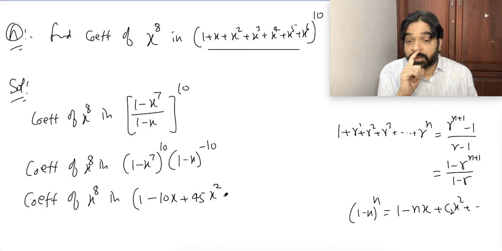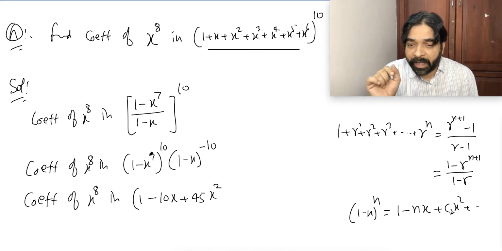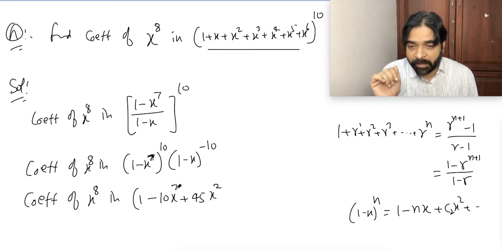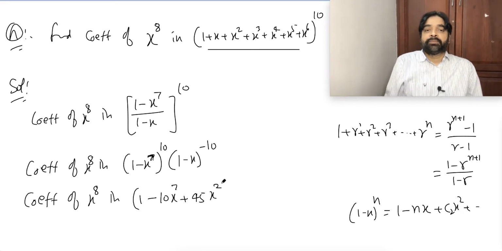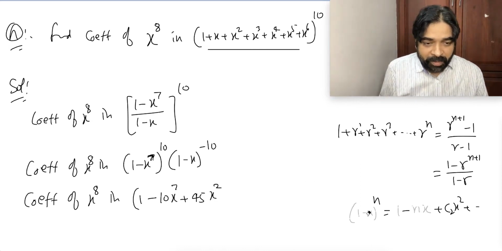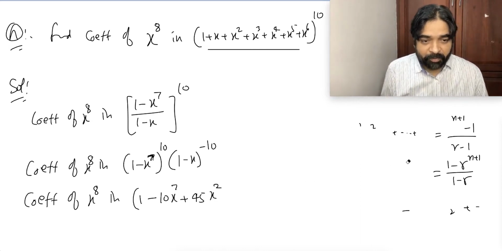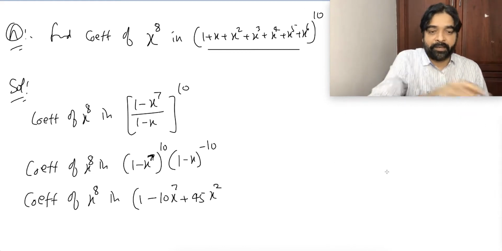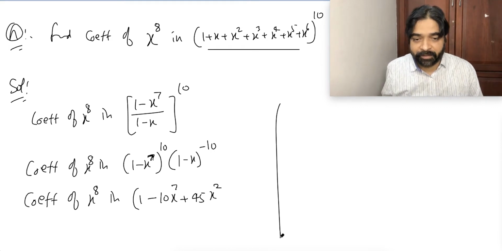Something wrong I am doing. This is the x power 7. I am sorry. This is the x power 7. So in place of x, what will come? X power 7 will come, no? So here x power 7. Without binomial theorem, people face problems always. Anyway, try to understand a little bit.